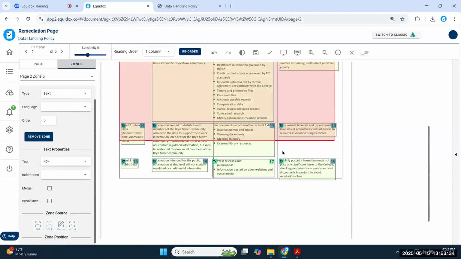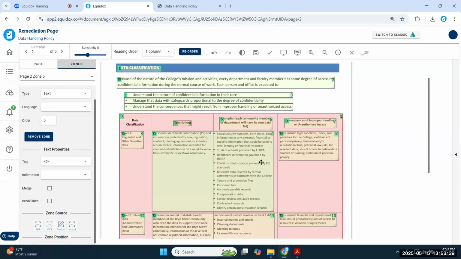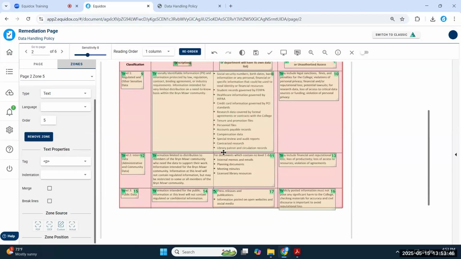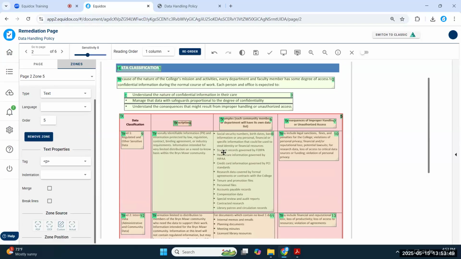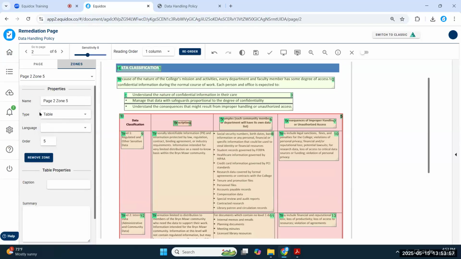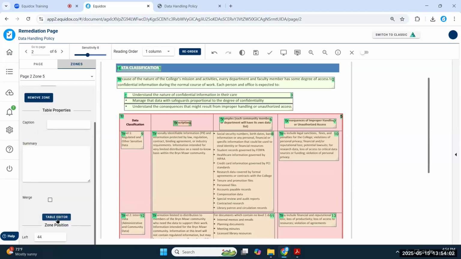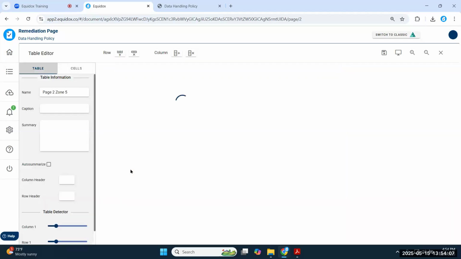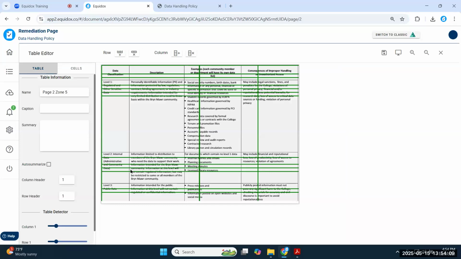So if you see a table, all you really have to do is put a zone on top of it, like so. So now I have one zone sitting on top of my table. Ignore everything that's there already. Don't worry about it. We're going to override all of those existing zones. Now that I've got my zone on top of my table, I can change it to a table in this drop-down menu, or I can just hit T on my keyboard. When I hit T, it becomes a table. There's a button for the table editor down below if you scroll just a little bit, or what I end up doing is I just double click on the table itself, and it will take me into the table editor.